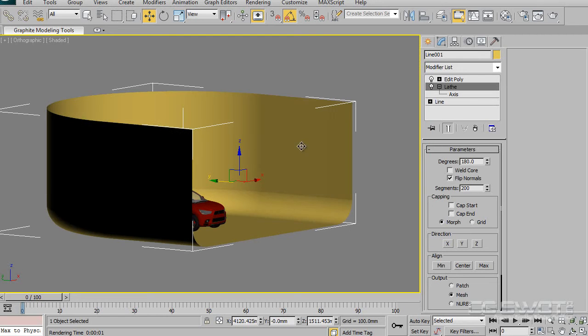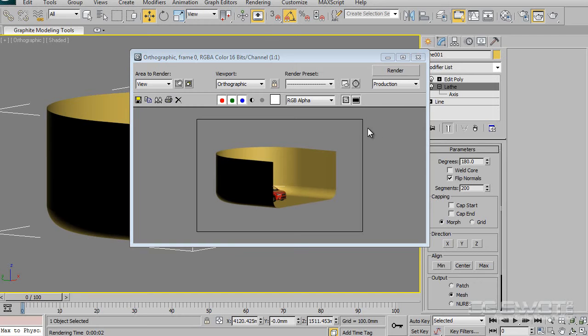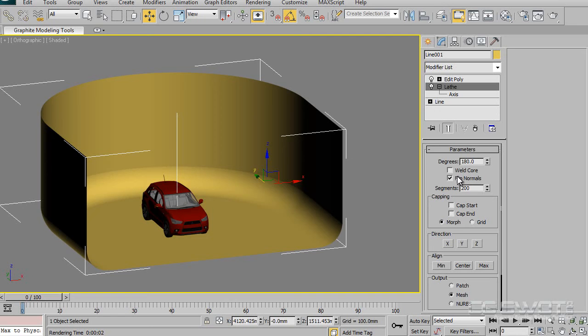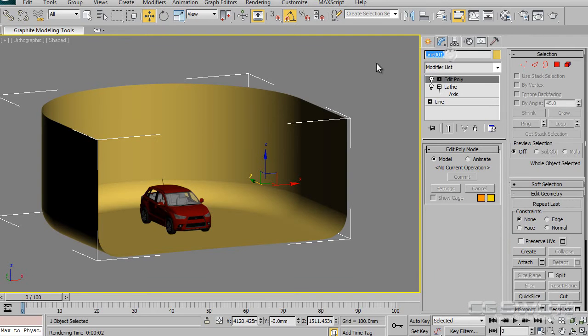So make sure that it is the inside that is actually going to render, and that's shown in the render there. So do make sure that that's correct, that the flip normals is showing the right side of our set, the inside. So that's fine. We're just going to call that set main, and we might as well at this stage